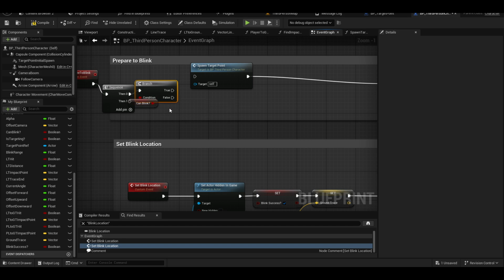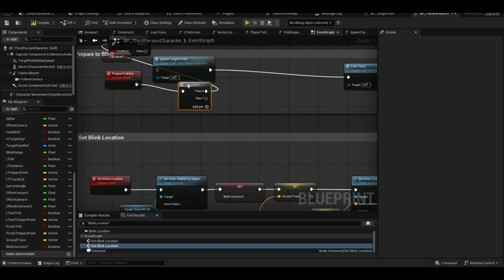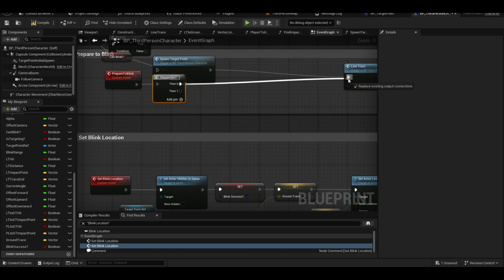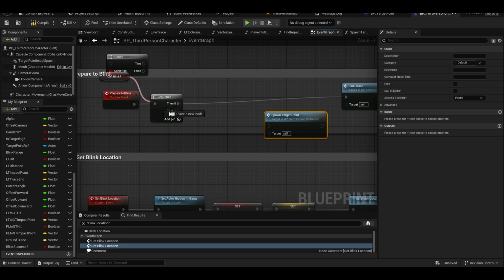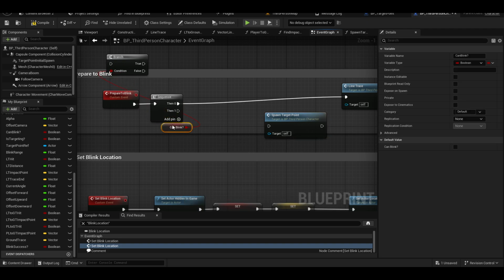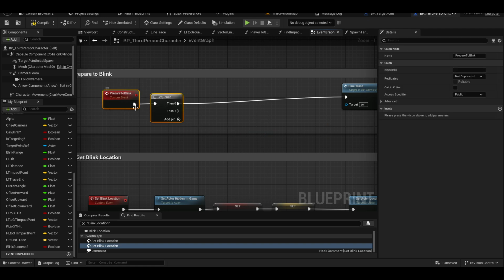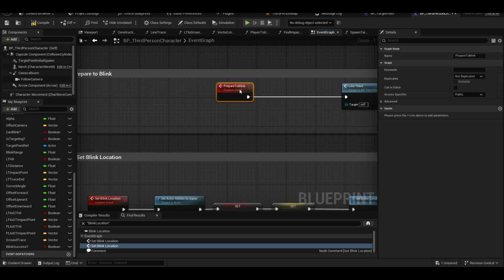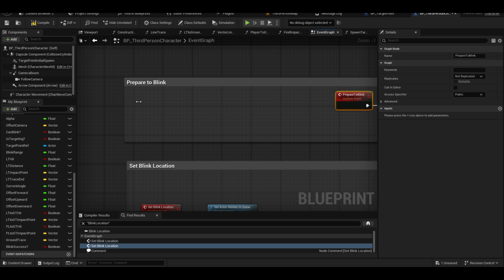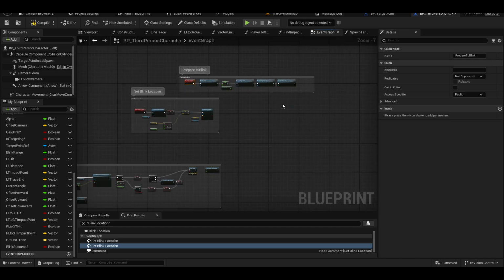We still need to check all our traces, right? The second hand, we are spawning. Maybe we can do it when we have everything good. The last trace. Where to blink, find impact point